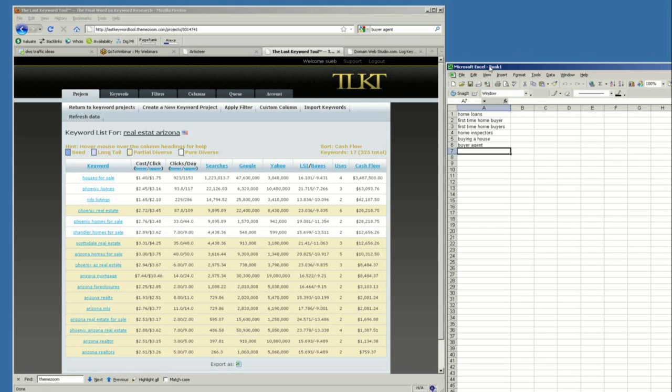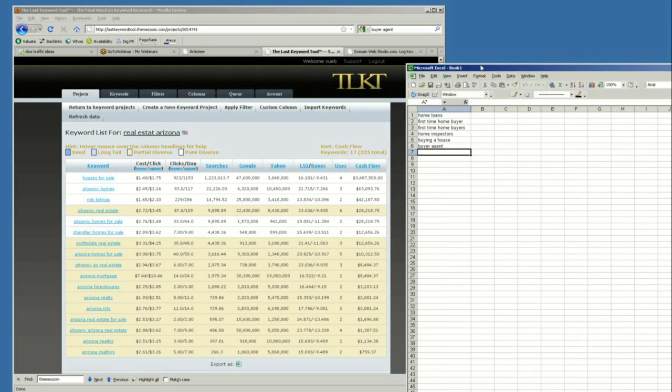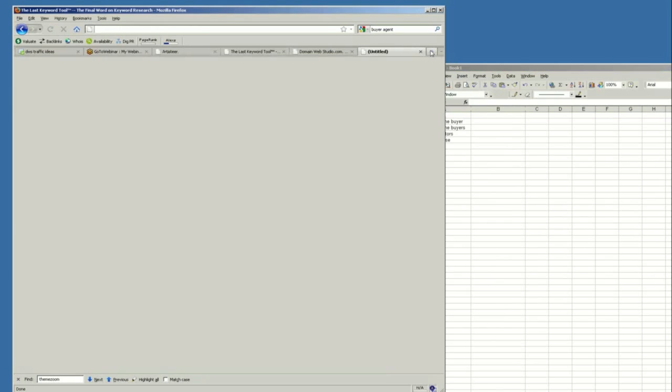By default, when you use the keyword tool, once you've got it set up, you can just flip through all your keyword ideas. And in this instance, we discovered a typo. So what we'll do is quickly open up another project in another tab. See if you can just right-click on Create New Keyword Project,